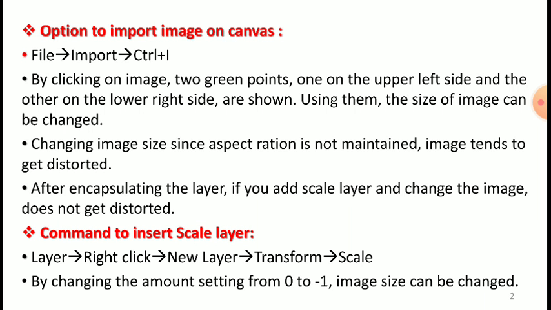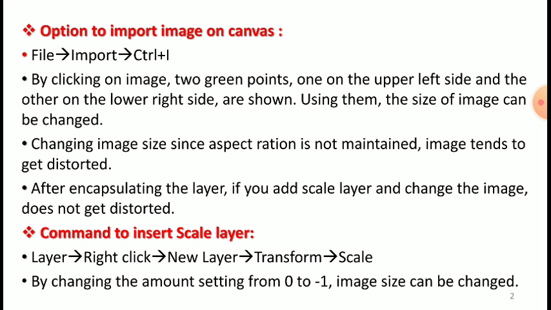Let us try to create a layer that contains an image in it. To import an image onto a canvas, perform the steps mentioned. So create a new file and then select the File menu and then Import, or Control plus I. This combination is a shortcut key to import an image. This will open a dialog box showing the folder from where you want to import the image, as shown in figure